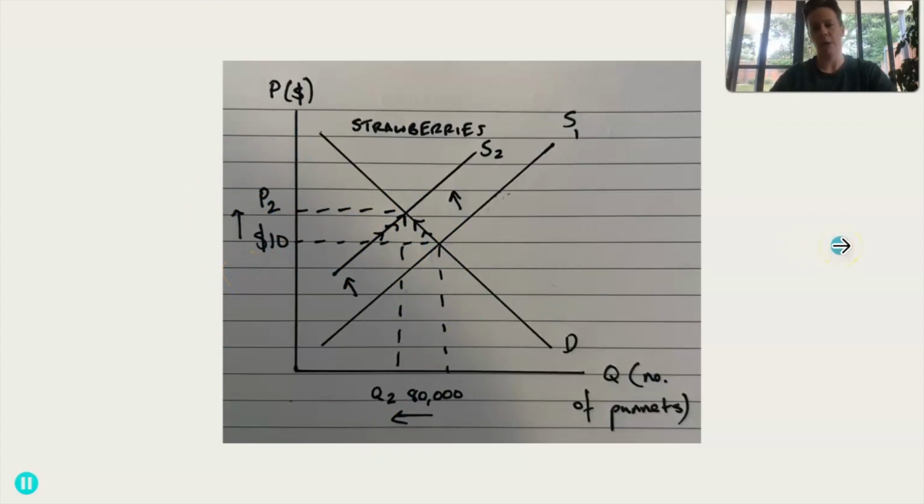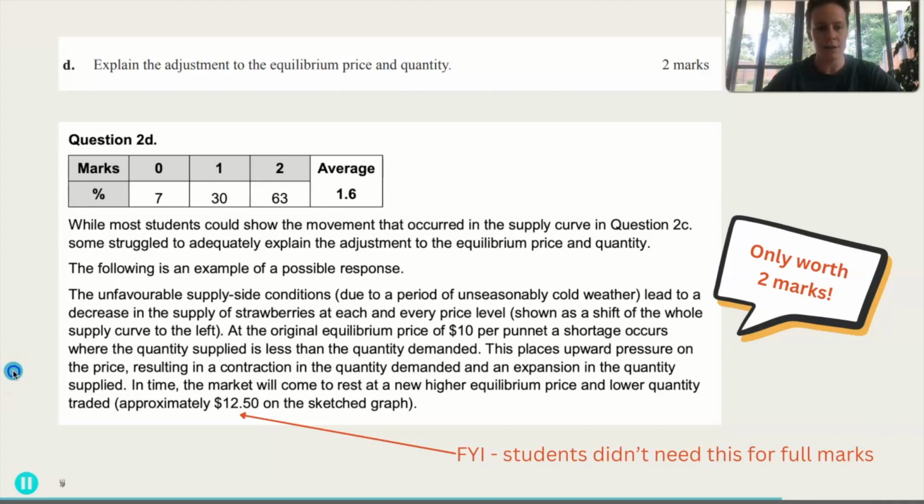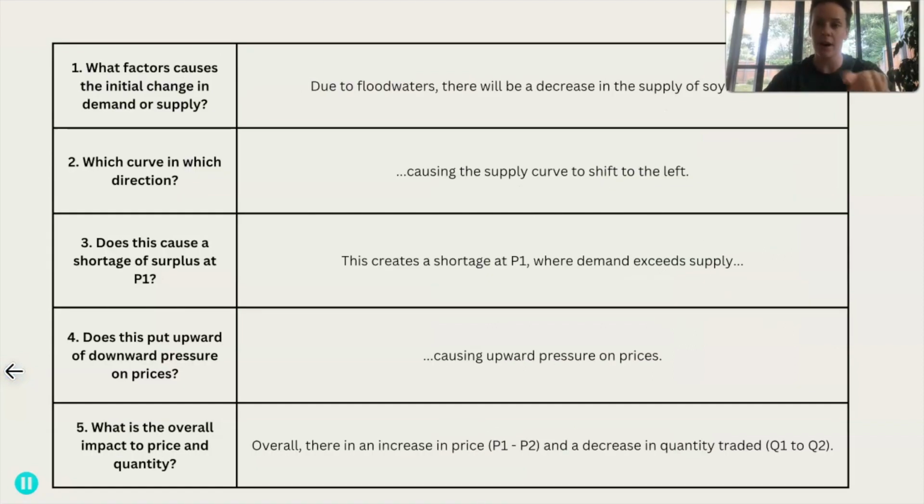So do this and you will nail it. Okay, I wanted to show you this question because I wanted to sort of prove the reason for the use in the 5-step market analysis. So this question asks you to explain the adjustment to the equilibrium price and quantity, and it's only worth 2 marks. But I don't think it's too difficult to apply the 5-step market analysis in trying to answer this question